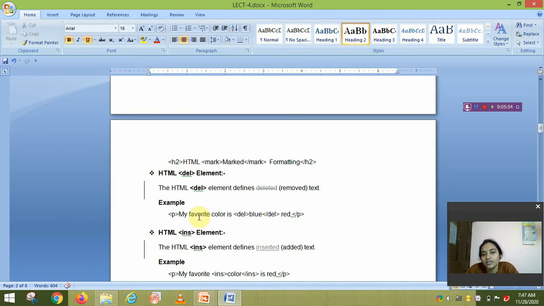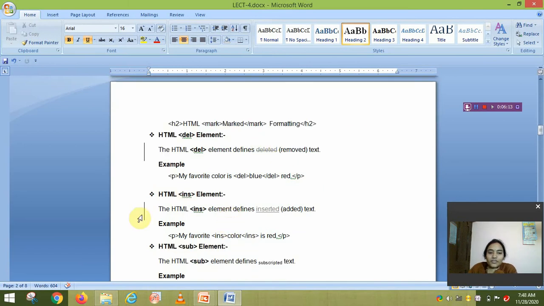That means in the output screen the word blue is shown but with a stripe over it. Okay, that means my favorite color is not blue, it is red. In this way it will show you.